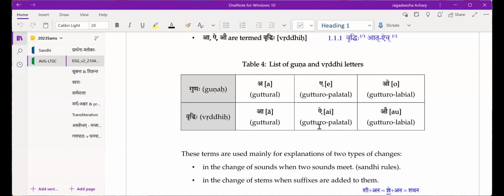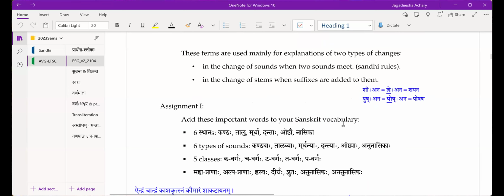Okay. So that is it. Guna is A, E, O, and Vriddhi is A, I, O. And in the Sandhi, A and O come a lot more often, very often. In the Sandhis, the other vowels in Guna and Vriddhi Sandhis are very rarely seen. They are there for a different purpose. But A O as part of Guna Sandhi and I O as part of Vriddhi Sandhi, we will see almost all the examples in those letters. Yes. Let's go further.